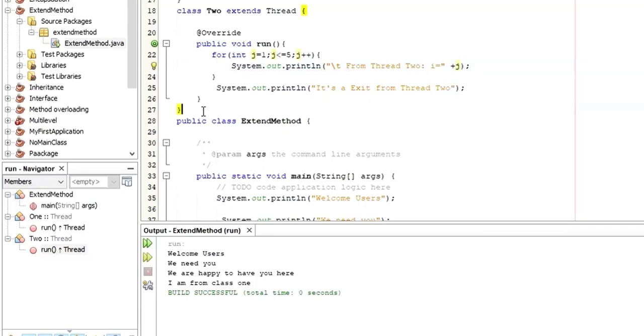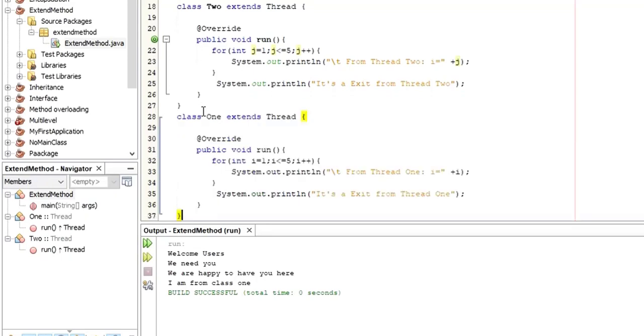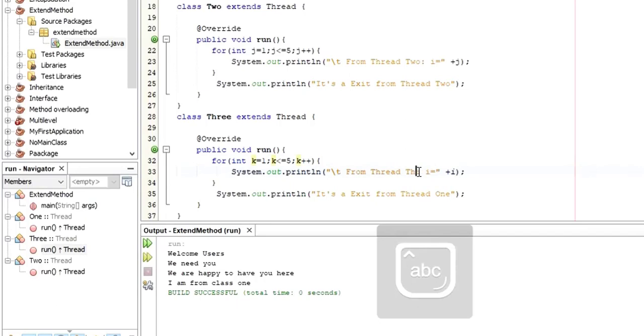So let me create another one. What I am trying to do here is create as many classes as possible so that it will be easy for me to demonstrate how this multi-threading works. So here instead of class 1, class 3, and instead of i, let me name this one k. So it's also k. This is 3, this one is k, even this one will be k. I hope you have understood what I am trying to do here. So it's j,